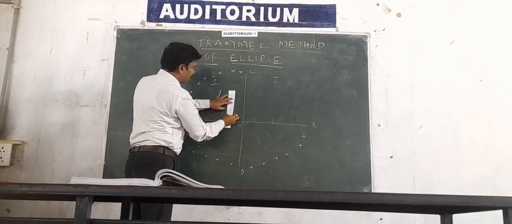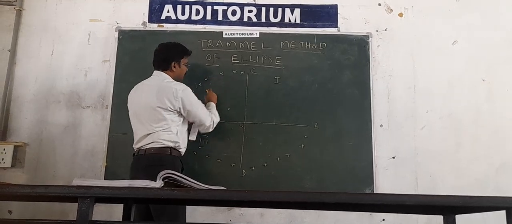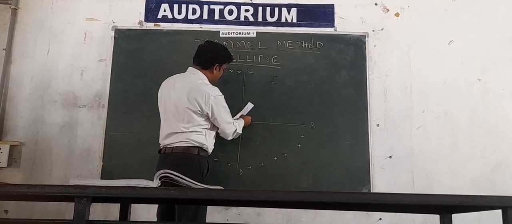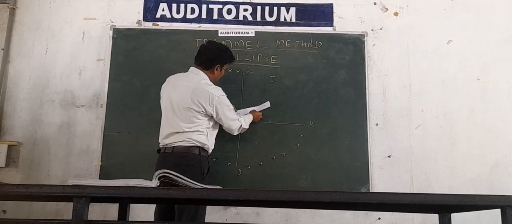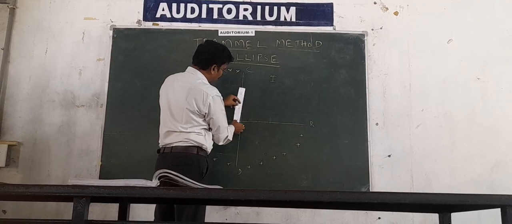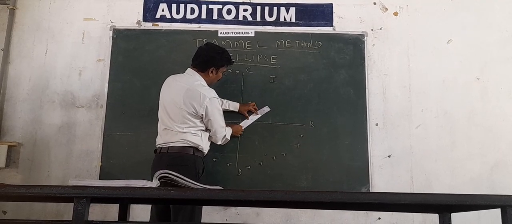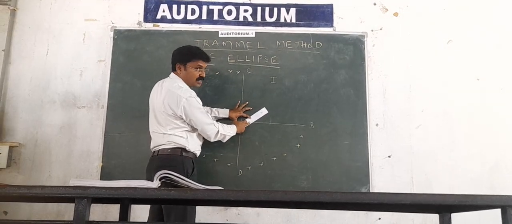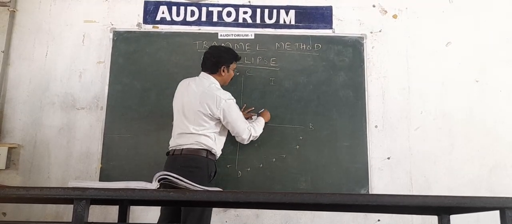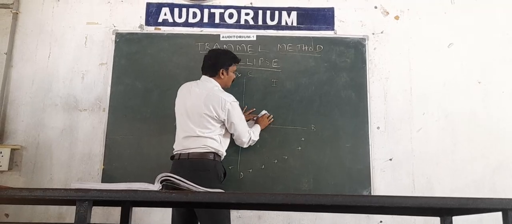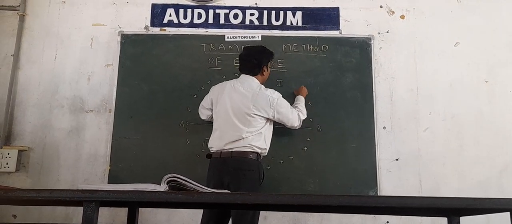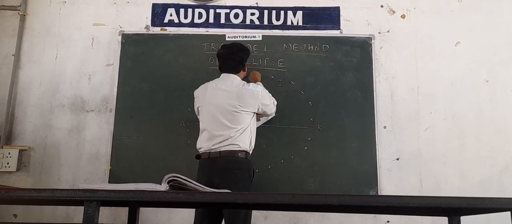You have to rotate like this. You will get a number of points. Again, I am rotating this one. M should be like this. You have to rotate it in the same way. Now N is on the minor axis, L is on the major axis. M is your point, which means you will get another point. All the points you got.